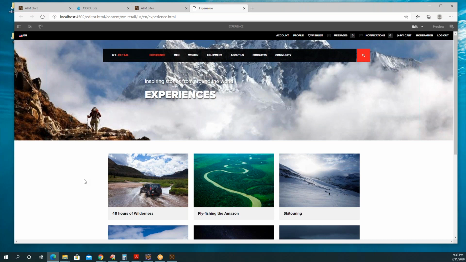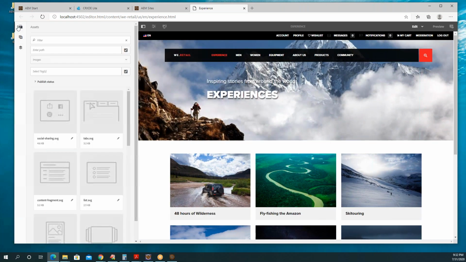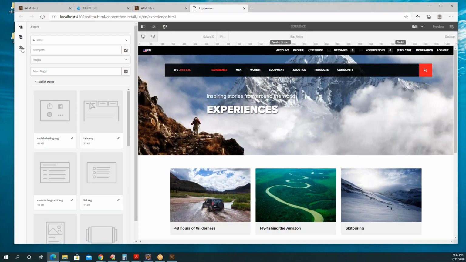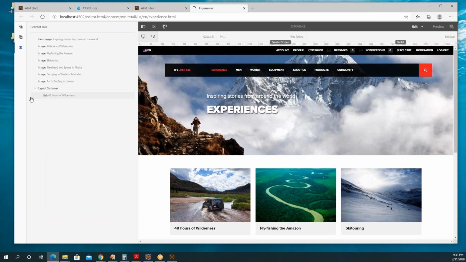Okay. So here in the left, in the black color toolbar, click on the leftmost icon. Yes, click on the third icon in the leftmost rail. No, not here. Yes. So this is your content tree. Okay, sometime back I told you, right?